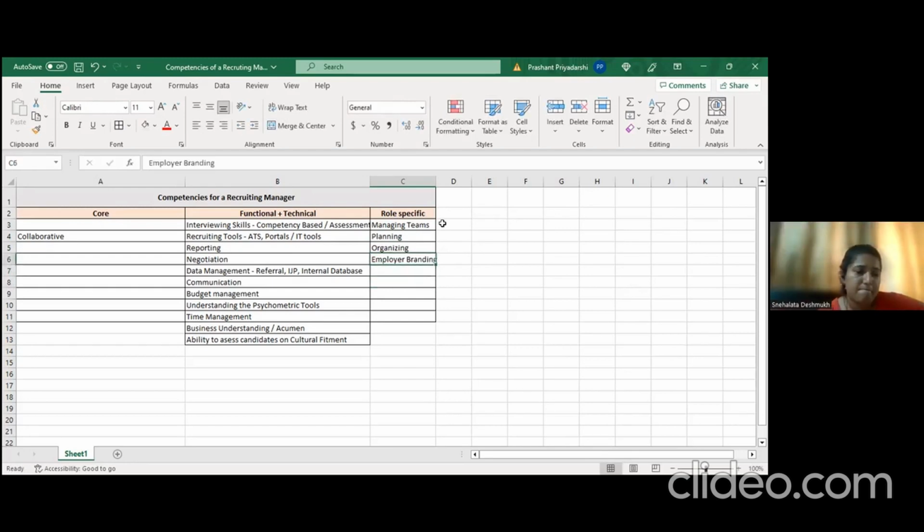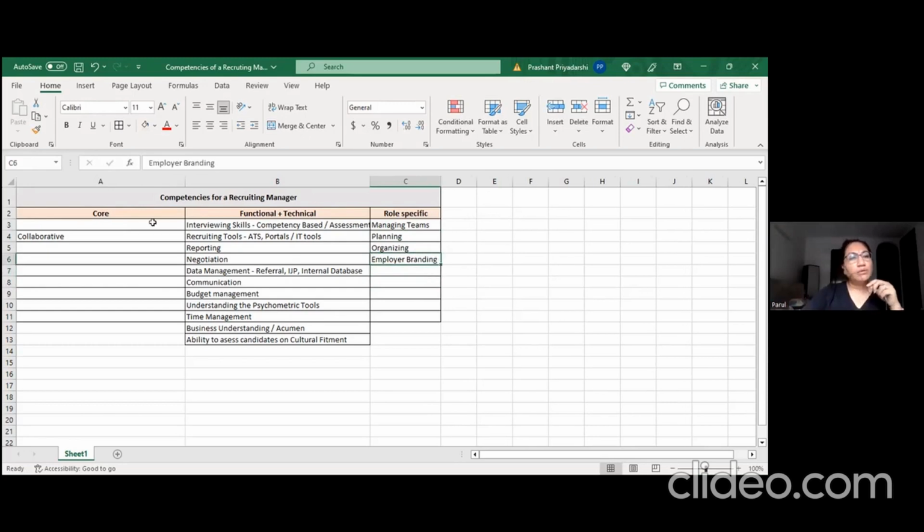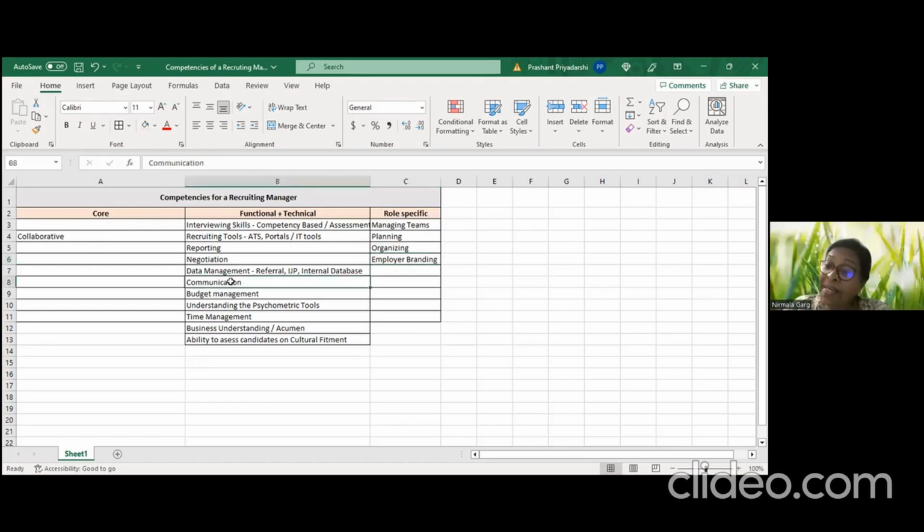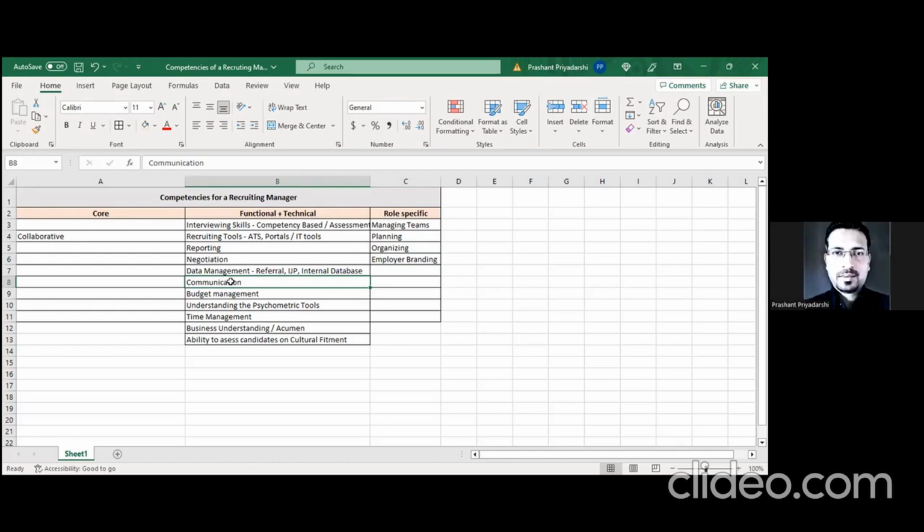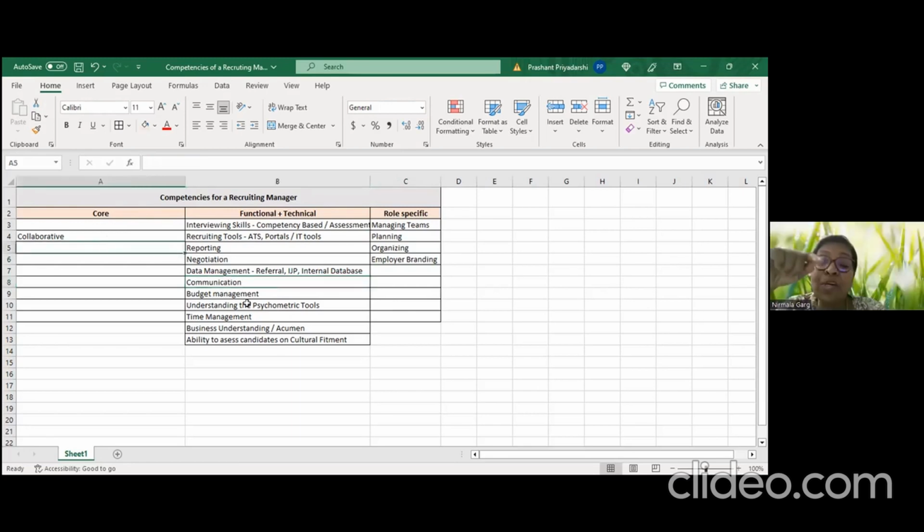Ma'am, in core competency, can we add more, like communication skills, which will be the most important? In core, but then I put it in functional. It should come under both, ma'am. Communication skills should be core as well. So you are saying communication skill, and then how can it come into